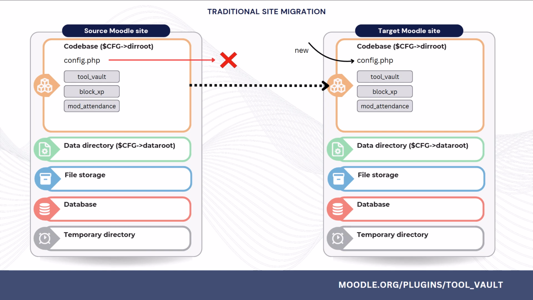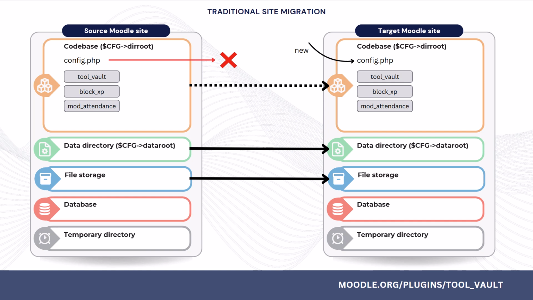Next, you'll need to copy all the files from the data directory. Then do the same for the file storage. You can use a command like scp to copy files over the network, but that can be very slow as it transfers files one by one. Alternatively, you could archive the files into a single large file, transfer that, and unpack it on the target server. But these archives can be huge, potentially hundreds of gigabytes, and may be hard to move reliably over the network.